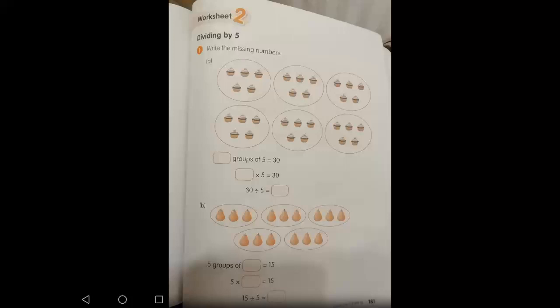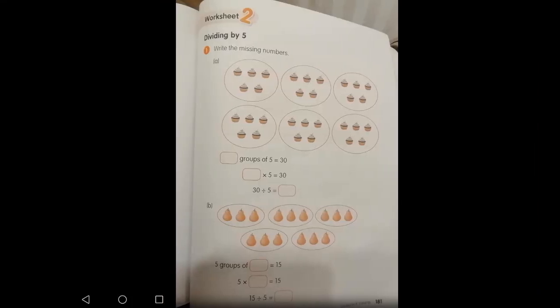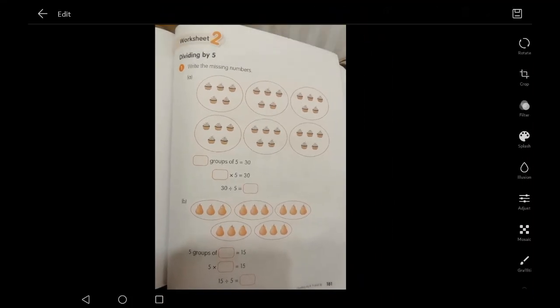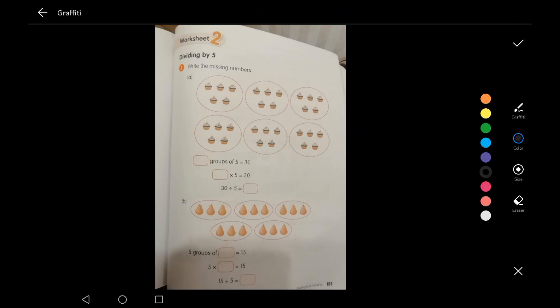Here we have how many groups of cupcakes? We have 1, 2, 3, 4, 5, 6. So we have 6 groups of cupcakes. So the related multiplication sentence is the total number of groups, which is 6, times the number of elements in each group, which is 5, equals